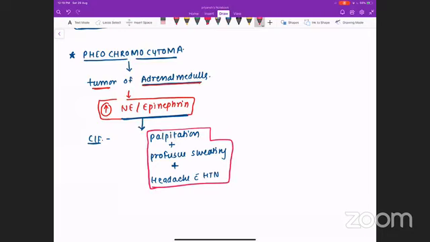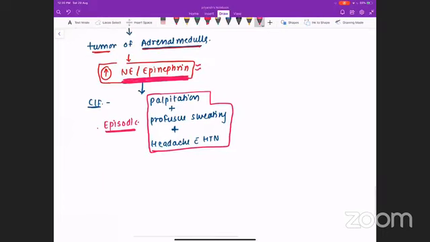But the important point with these three features is that these features will be episodic. The reason is that norepinephrine and epinephrine have a very short half-life. So whenever a bout of norepinephrine or epinephrine increases in the body, a storm will come. This pheochromocytoma will give multiple storms of norepinephrine and epinephrine in the body. Whenever the increased amount comes, the symptoms appear: episodic palpitation, sweating, and headache. And after the half-life is over, these molecules will be washed out, so the symptoms will vanish, and that is why the symptoms are episodic.